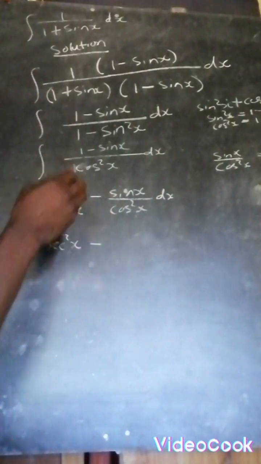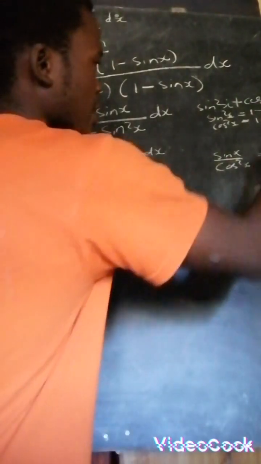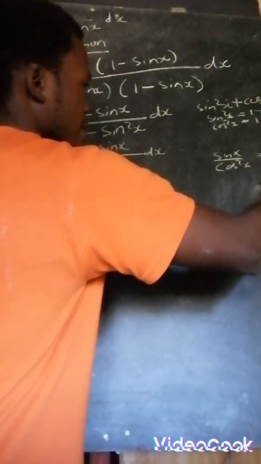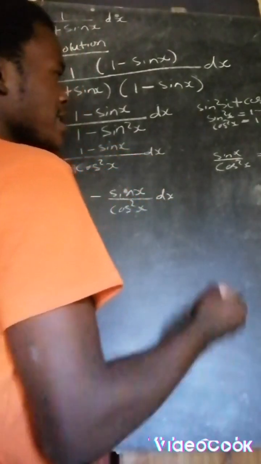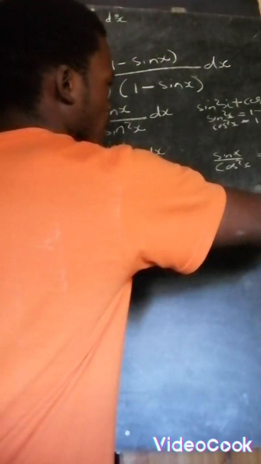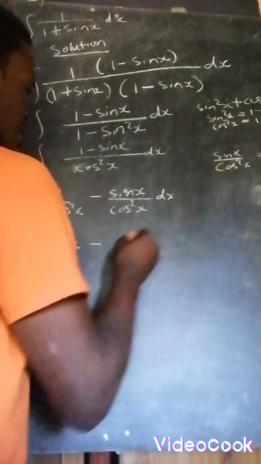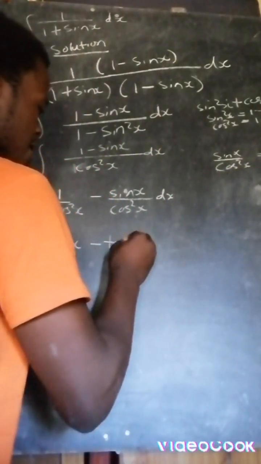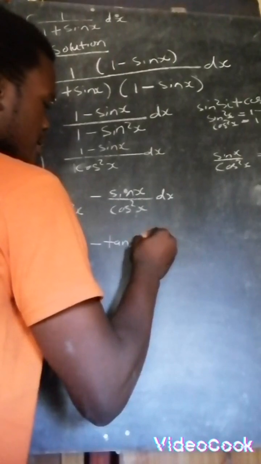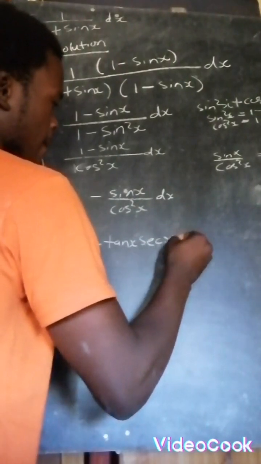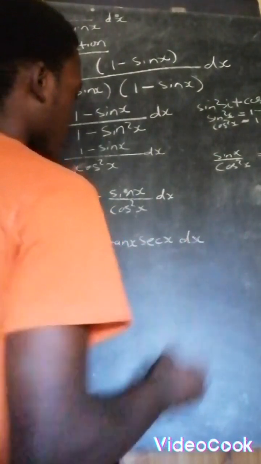Okay, so what does this mean? This means that sine x over cos x is tan. Then what are we left with? We are left with 1 over cos x here, and 1 over cos x is sec x. So we can just write this as tan x sec x dx. I hope you are all